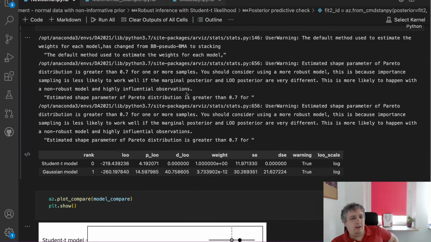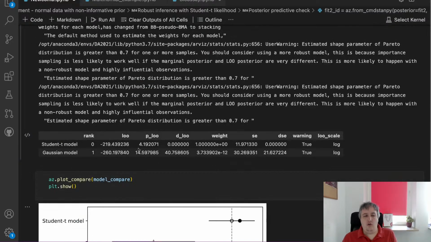And what does it mean? That means that the Pareto smoothed importance sampling algorithm has issues with the model in those highly influential observations. We generally know that they are highly influential observations because we have two samples that are much different than others. So this is the first signal that something is going on, and we can create the ranking of the models,